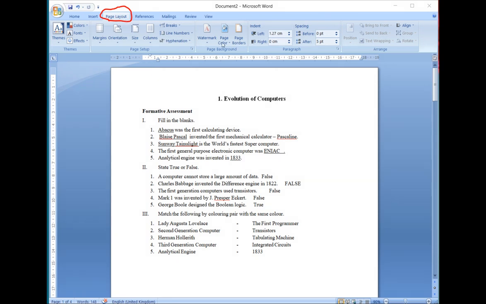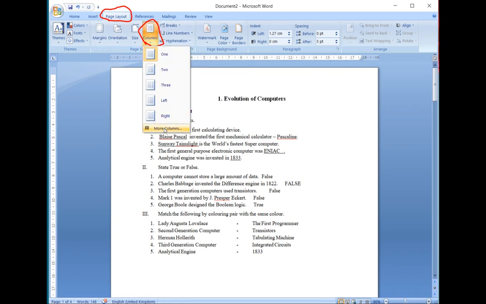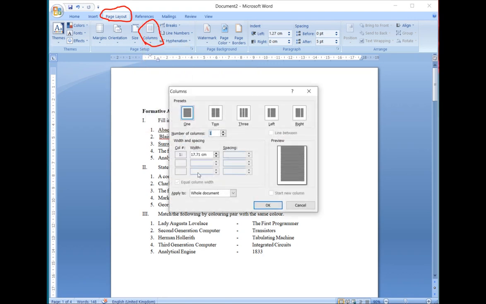After that, we'll go to the columns break. So where is that columns button? My columns button is present over here. Let us click on my columns button. As I click on the columns button, I'll have columns as 1, 2, 3, left, right. So these are the columns. Then more columns: how many columns I want and what is the width of my column.